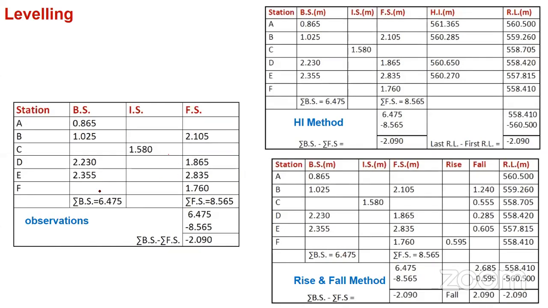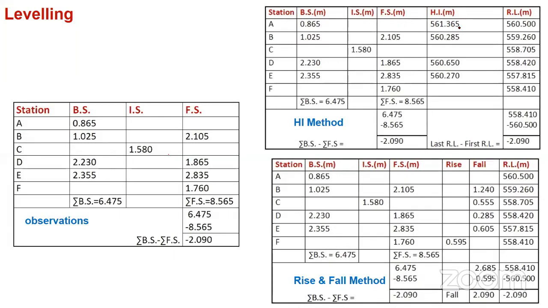See, these are the sigma of the backside and sigma of the foresight. So you are going to get the difference between A and F. That is the difference in elevation. The calculations are, see, the backside, intermediate side, foresight, and height of the instrument. In the figure, if you observe, line of sight means the height of the line of sight of the instrument axis. Okay, instrument axis.